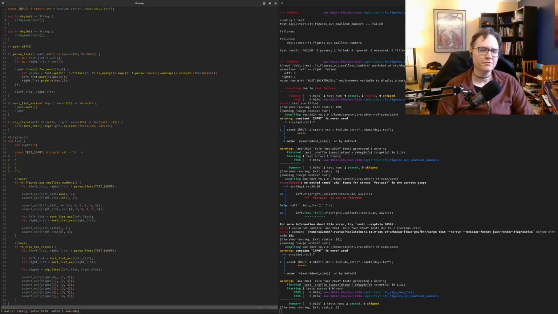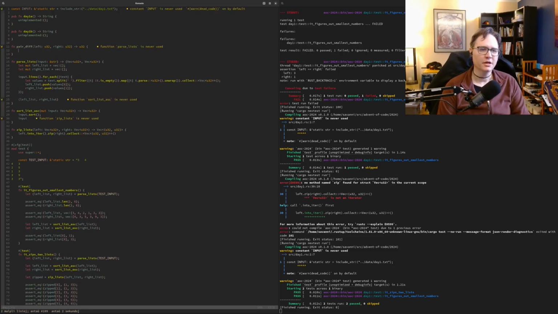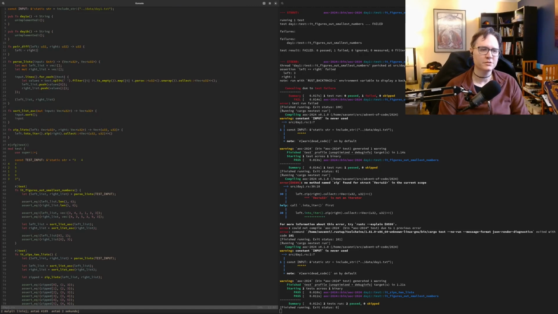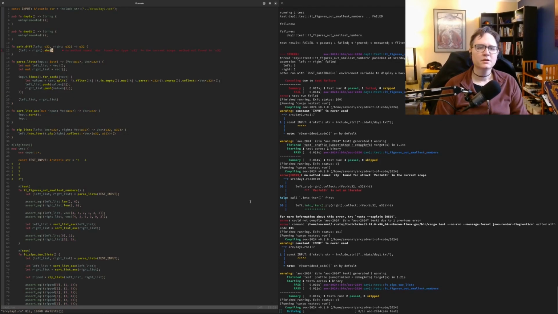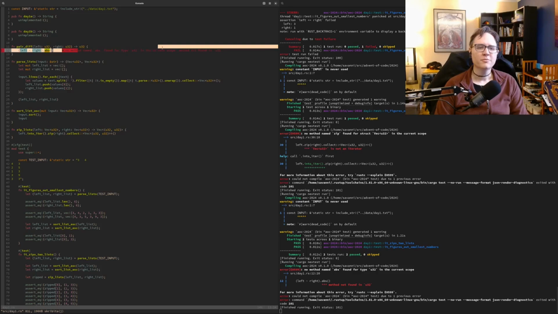And then we're going to do a difference between the two pairs. So left u32, right u32. This is really quite dirt simple. So we're going to do left minus right dot abs. No method found in u32.